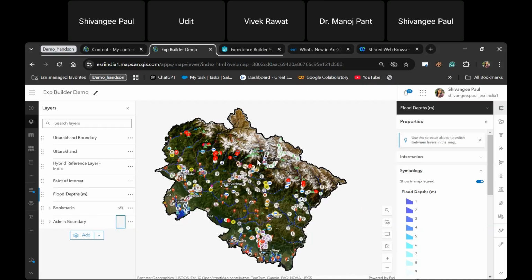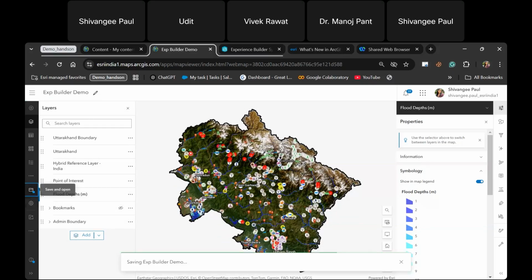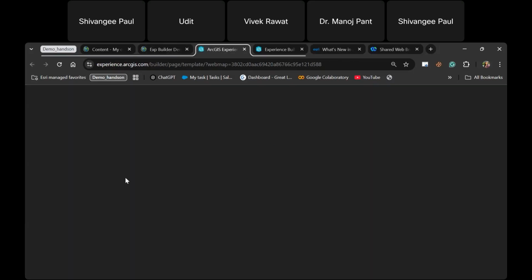So let's start with creating our Experience Builder web application. Once you have your web map ready, you can save your web map first. Once you have saved the web map, you can start creating the app. When you click on create app, you have to select Experience Builder, and